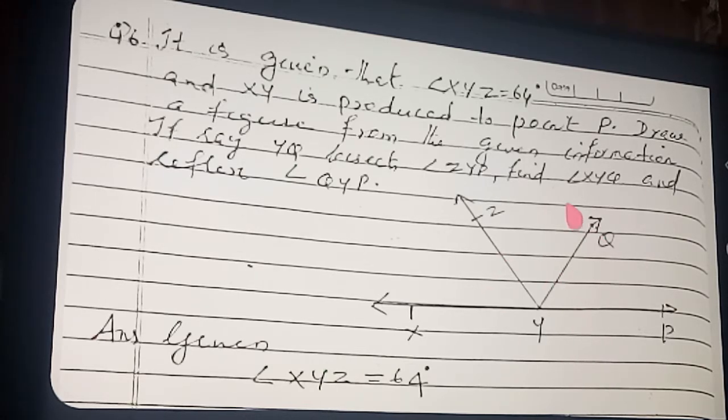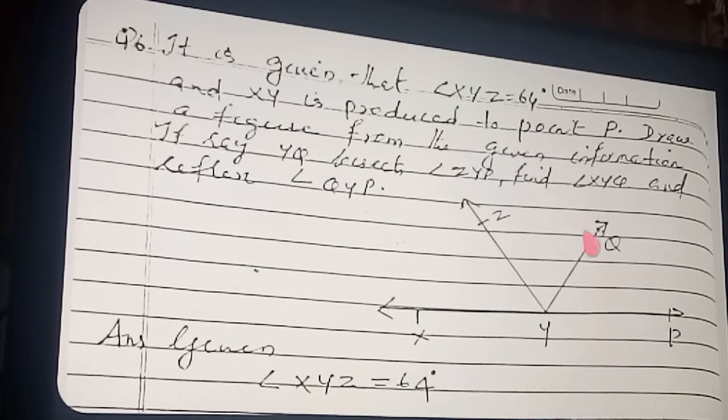Okay. So next question, find XYQ. First of all, when getting a question, draw the diagram and mark it in the diagram yourself. When you mark it yourself, we can find out the angles very easily. So what do you want to find out? XYQ. XYQ means this angle, this angle. See where the pointer is coming? This much. Clear? And reflex angle QYP. So we are finding reflex angle QYP. First of all, you need QYP. Clear? So we can go to the sum.